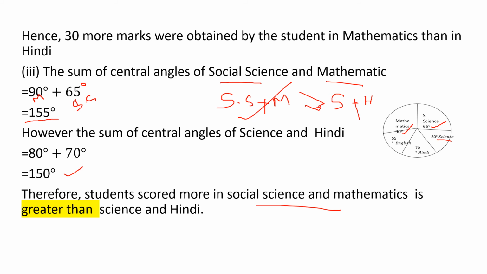Here we don't know the marks, so that's why they have given this. We don't want to go for bigger calculation. That's why they have given a hint, just study the central angle. So they have given the central angle, so when you add the angles we can find out which is greater. Understood children? Now the next topic was probability. Okay, let's see the next part.